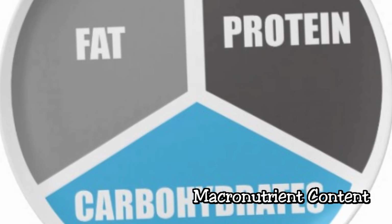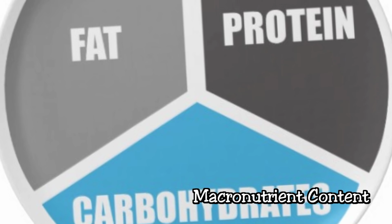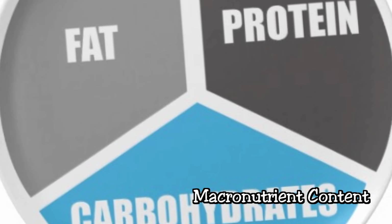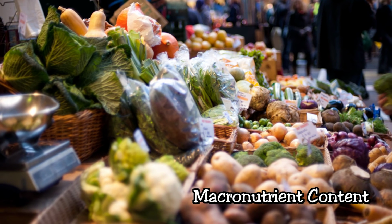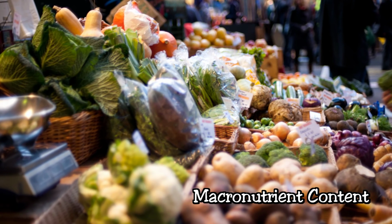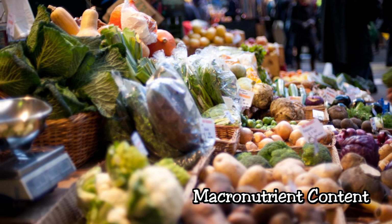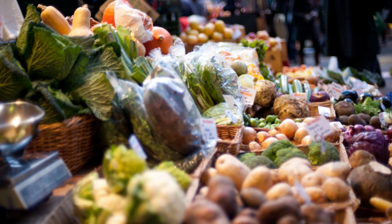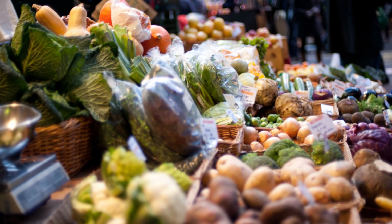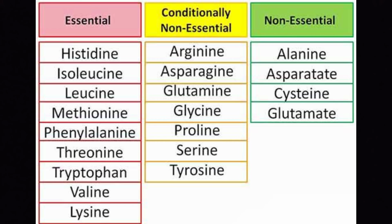And basically macronutrients, what I'm talking about here is the distribution of proteins, fats, fiber, carbohydrates, because we need all these things in a certain balance in order to survive long term. So the same thing applies within that 2,000 calories of the food stuff. What is the distribution of proteins, carbs, fats, fibers, with particular emphasis on the essential amino acids that the body